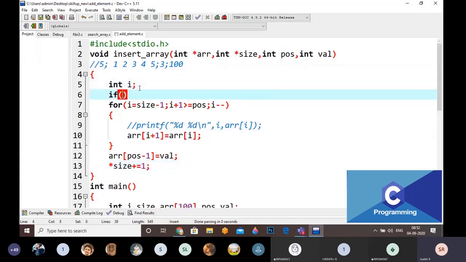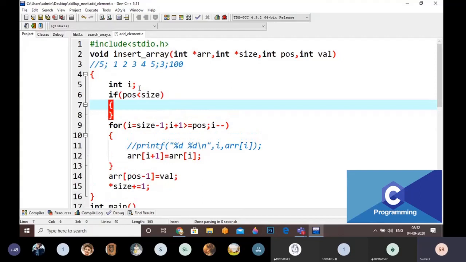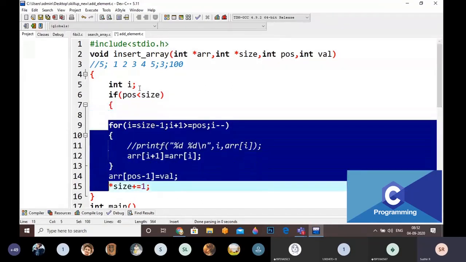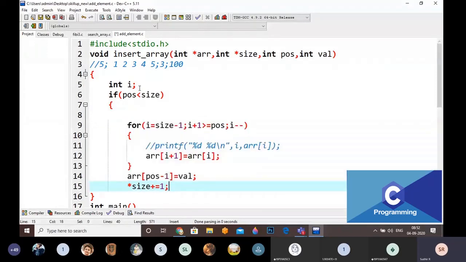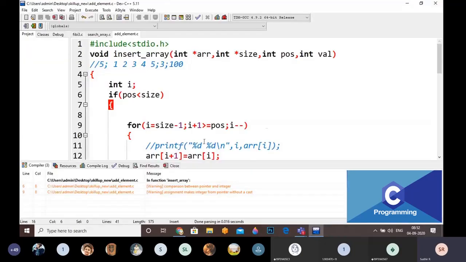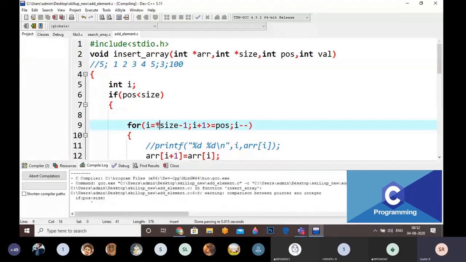I am going to write if the position is less than size, that means the position is smaller than size, and only then I am going to increment all the values. For example, small errors are there. What is that? Here also we have to take star size. That's it. I think a small error is there again.